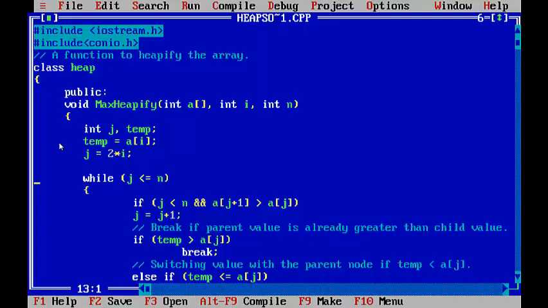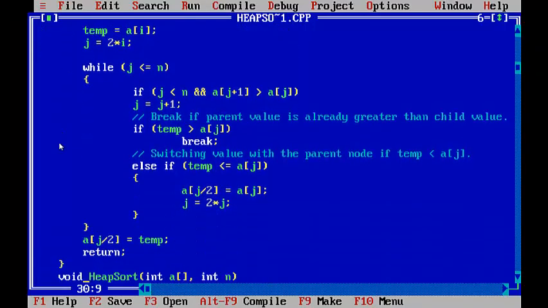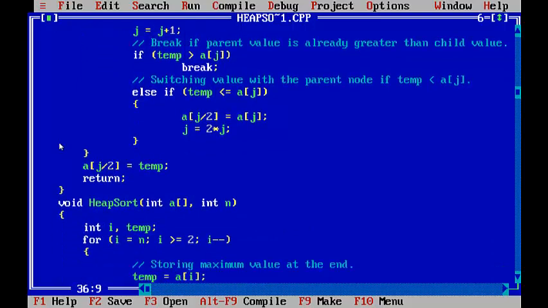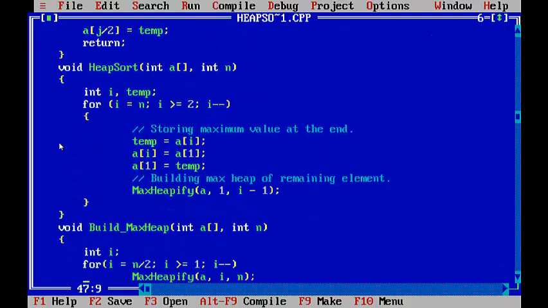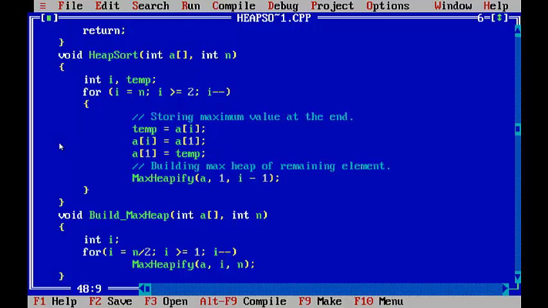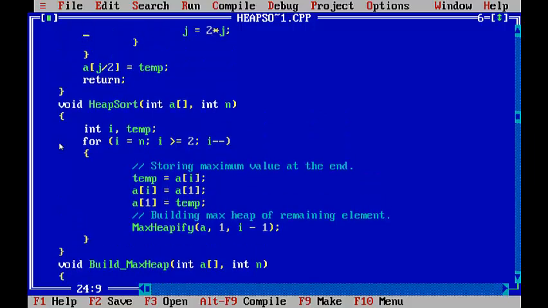Now let's see the execution of a heap sort program. I am taking the class name as heap. I am using the max heapify function. This is max heapify, this is the heap sort function, and this is build max heap. Using build max heap, we can create the max heap tree, and using heap sort, we are going to sort the elements.